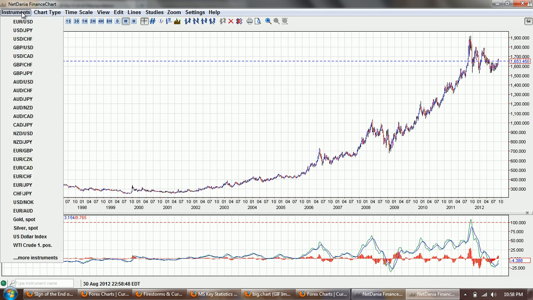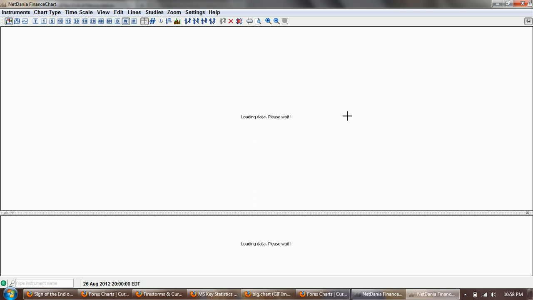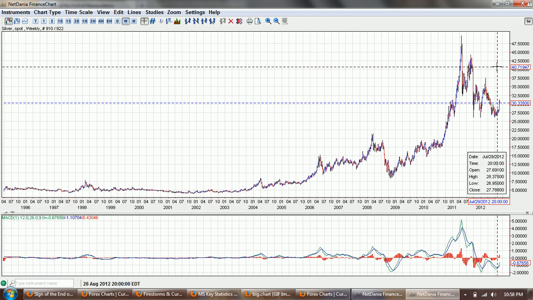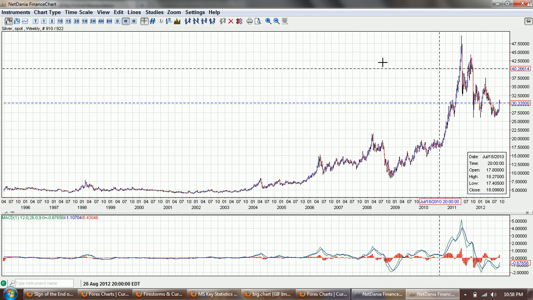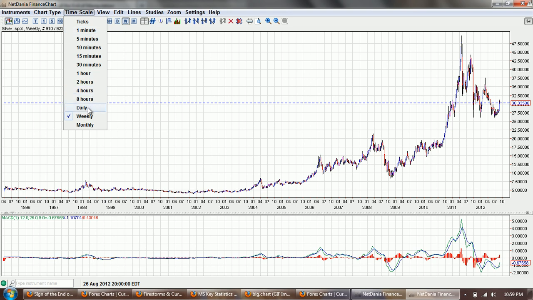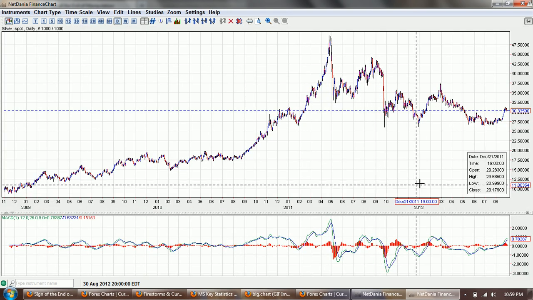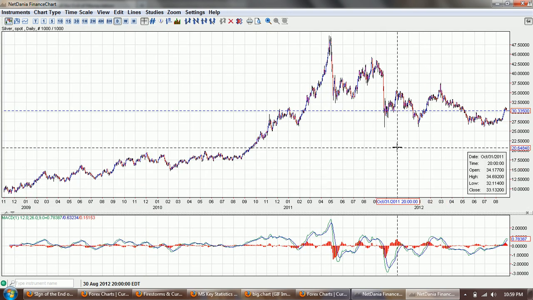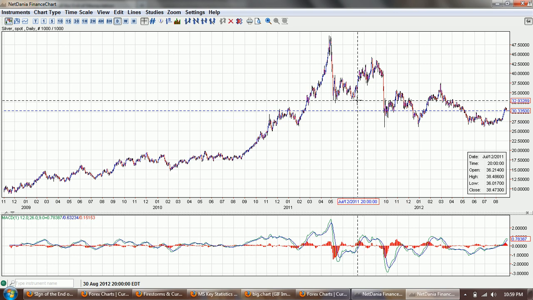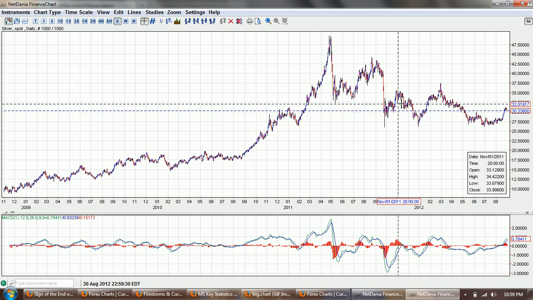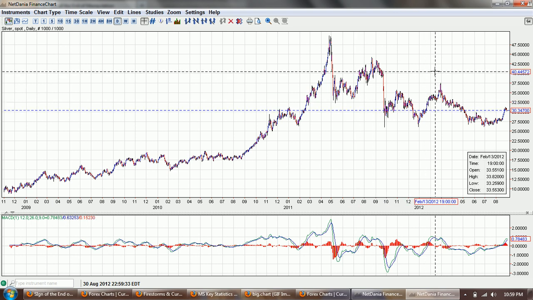So the same is going to hold true with silver. Of course, the moves down are always more dramatic than the moves up, but if we go to the daily, you can see that probably the biggest daily move up we have would be right here. Looks like an open of 36.21, a close of 38.47. So that does seem to violate that rule, but that may be looking at different prices.